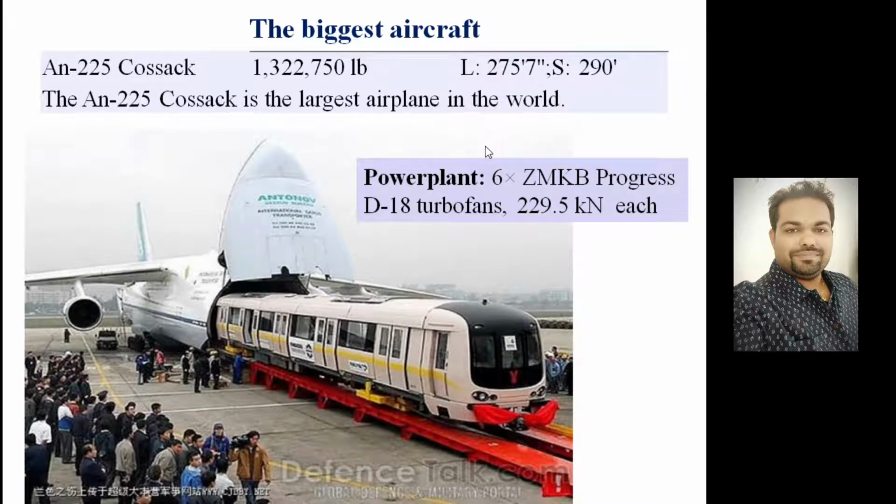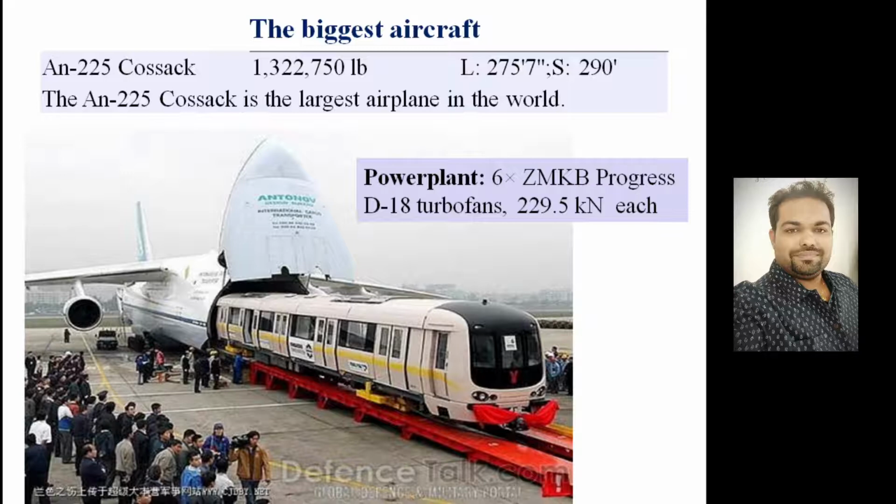So overall, look at the maximum takeoff weight it can take, which is around 640 tons. The overall weight of the aircraft is around 285,000 kilogram, the wingspan is around 88 meter, and the length is approximately 84 meter. The top speed up to which it can fly is around 850 kilometer per hour. The cost of one Antonov 225 Mriya basically ranges between 200 million US dollar to 250 million US dollar.